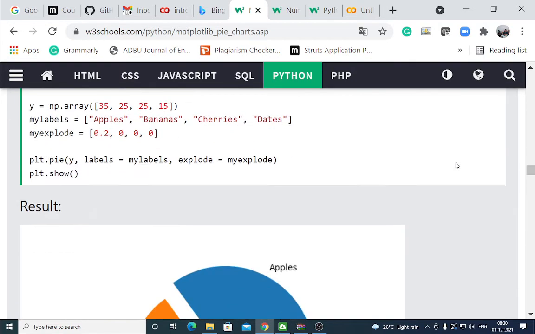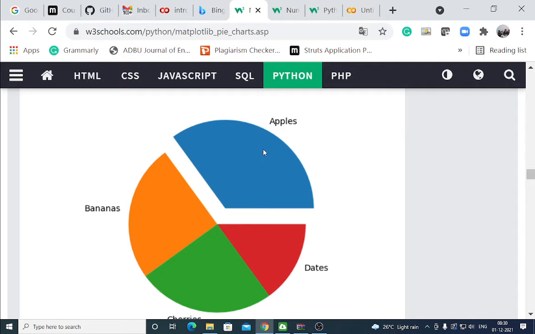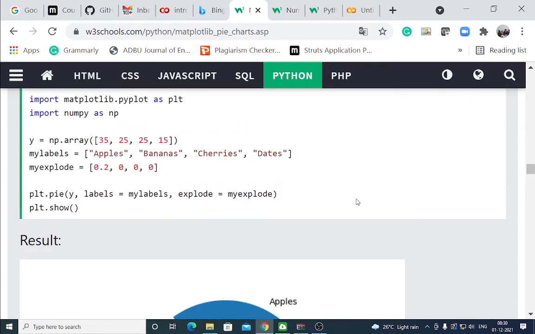If you want a wedge to stand out, if there is a portion you want to separate, then use explode.